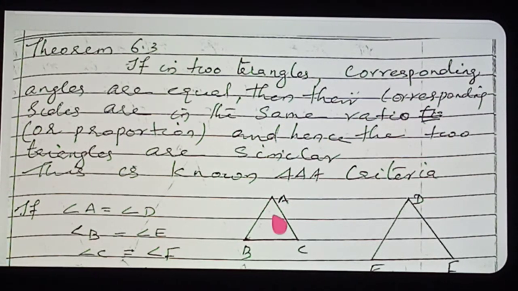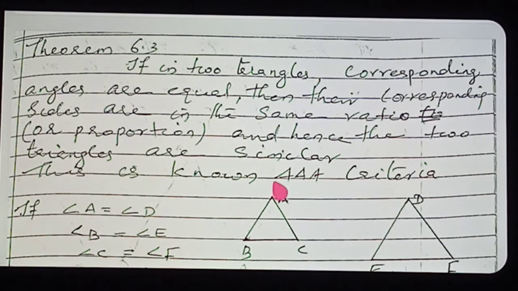Now from this I can ask you a question again. For example, this angle is 60, and this angle is also 60. Are you agreeing? 60 and 60, and this is 80 and this is also 80. Then 60 plus 80, how much will come? Sorry, 60 plus 80 how much will come? 140. If it is 140, what will this angle be? 40. So here also the same will happen. If this is 60 and this is 80, then this angle will be 40.